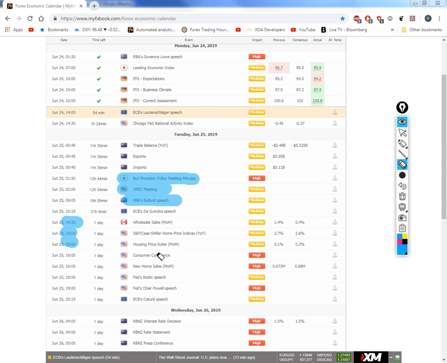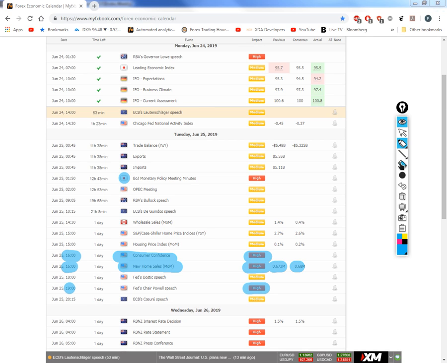Then after that, we have some high-risk or high-impact news events later on. Two of them are speeches, and one is a statistic news event. These two will come out at 4 o'clock, and the speech happens at 7 o'clock in the evening. So tomorrow keep in mind that we're going to have some Japanese news